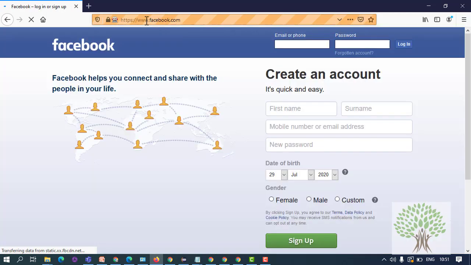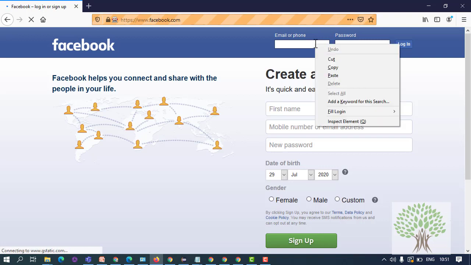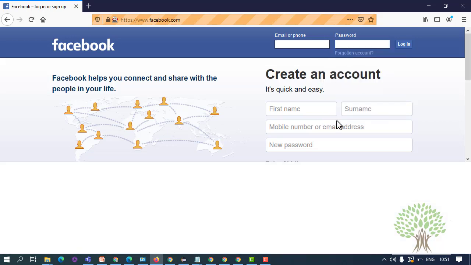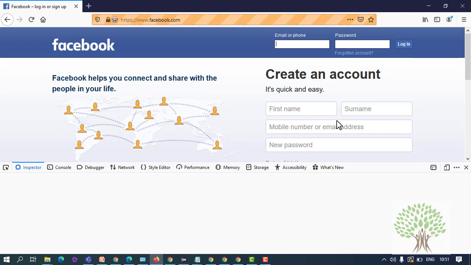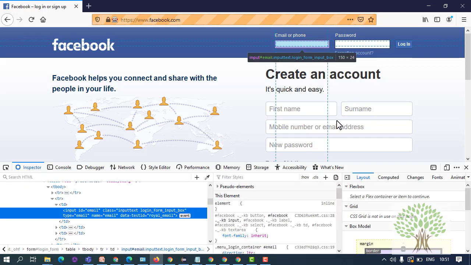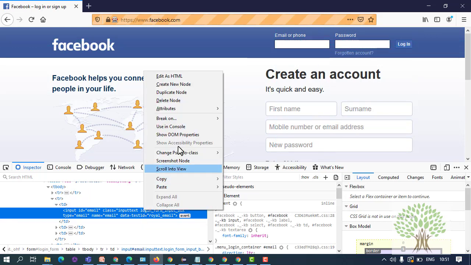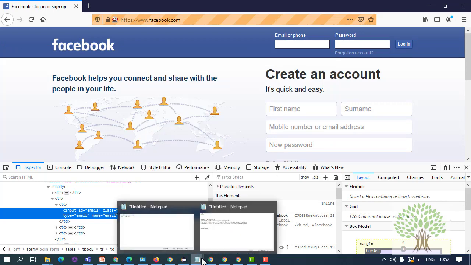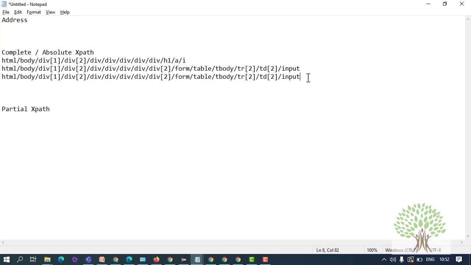In Mozilla, we have an inspector. You can right click on an element, you will see the inspect element option. This will open the inspector in Mozilla. And you can right click and copy the XPath from here.